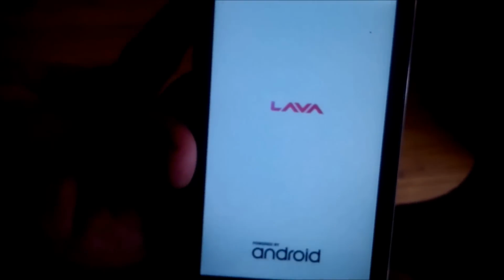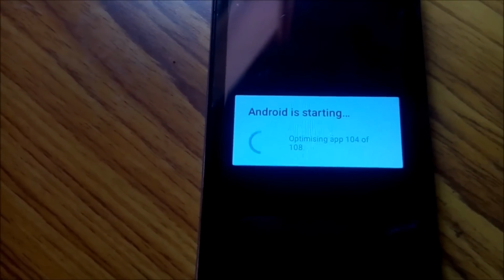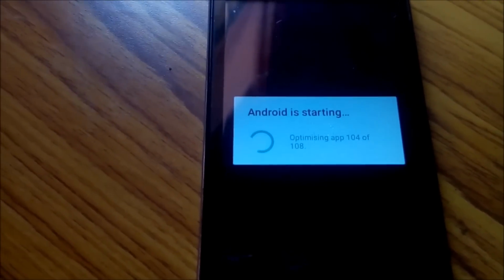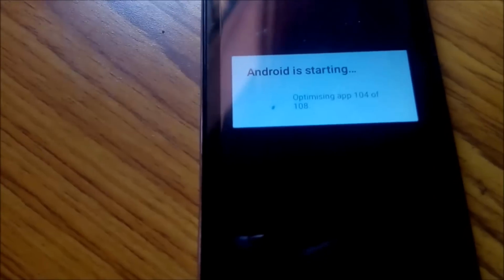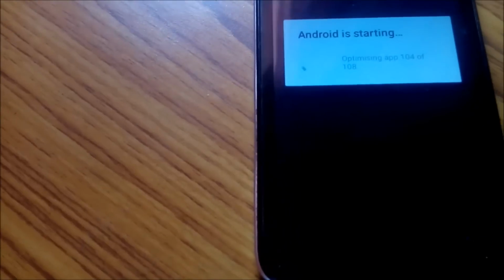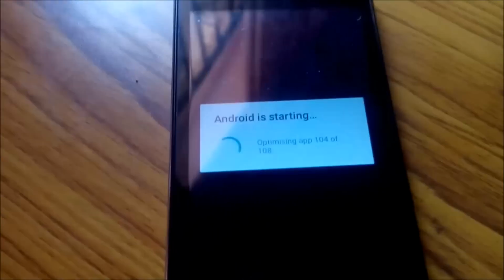So yeah, I'm rebooting my system, so it will take some time. I fast forward. After rebooting, it will again show you optimizing app, but this time it is going to be fixed. I will show you guys how it is going to be fixed. It will show optimizing apps once again.